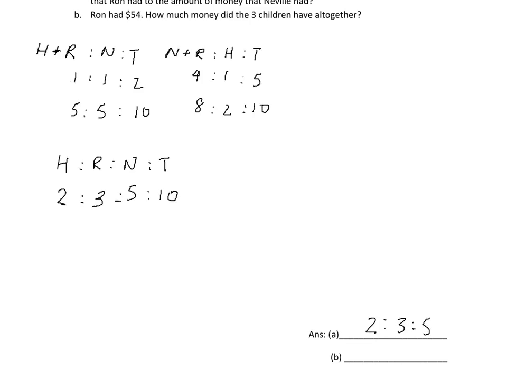Three units equals $54. Because the question states that Ron had $54, right? And we know that Ron is 3 units. So we know 3 units equals $54. So 1 unit equals how much, Jack? 1 unit equals 54 divided by 3, which is